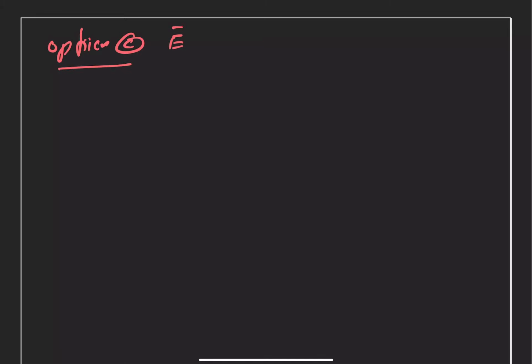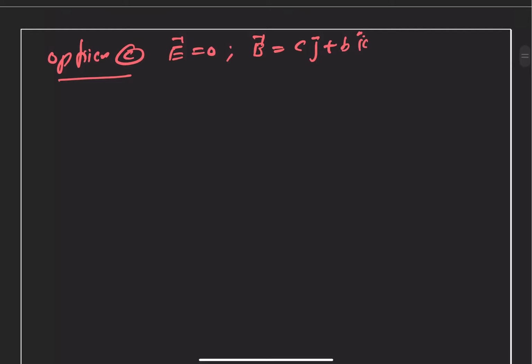We are given that our electric field is 0 and B is equal to Cj plus Bk, and electric field is 0, so we can say the force due to electric field will be equal to 0 and force due to magnetic field will be Q, we have here V i cross Cj plus Bk,